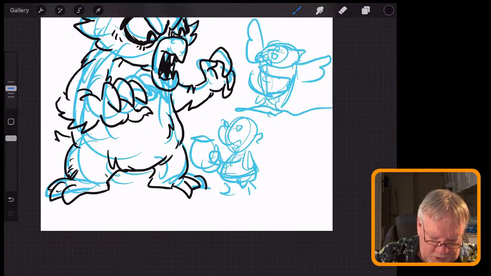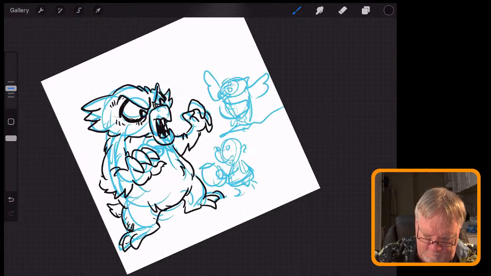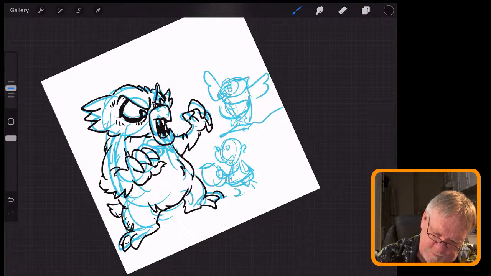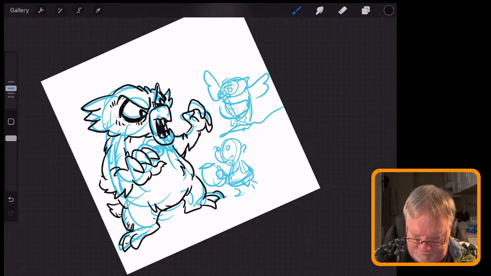Also, this is a pretty good owlbear, if I say so myself. No one else is going to say it for me. I mean, you might, but